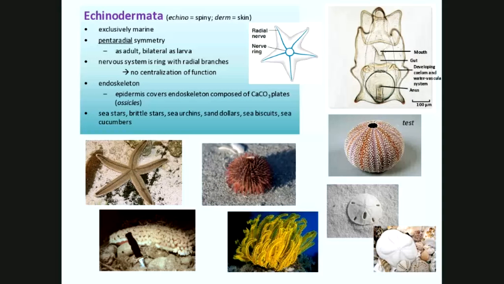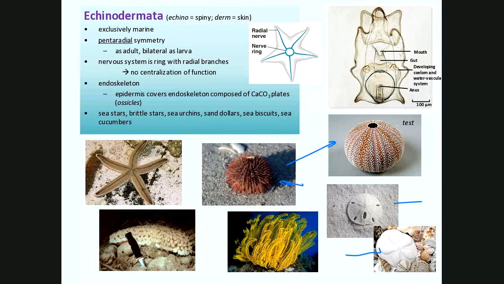So these are the sand dollars and the sea biscuits. Sand dollars are flatter, sea biscuits are thicker. Then the sea urchins. There's a sea urchin. Sea urchins have a test. Remember, that's the word we use to refer to the shell in diatoms, dinoflagellates, and foraminiferans, where the test was made of calcium carbonate. This is the test of a sea urchin. In other words, if you pulled all the spines off of a sea urchin, that's what you would see: this calcium carbonate ball.